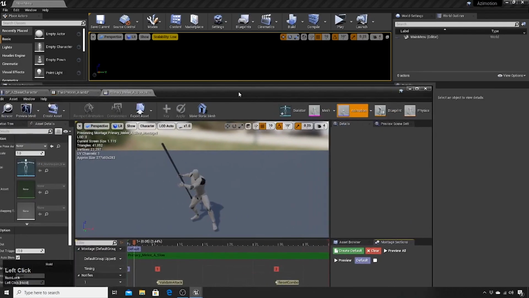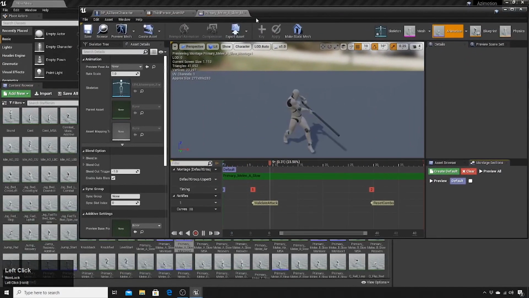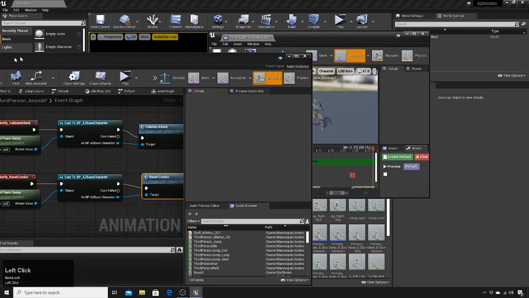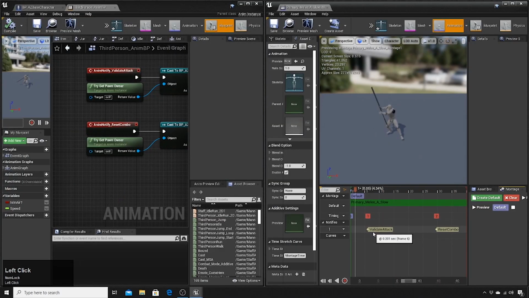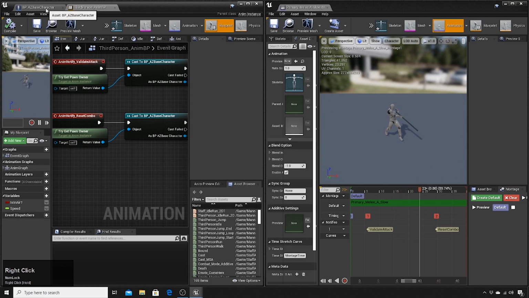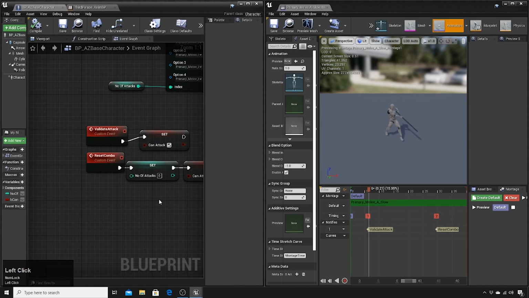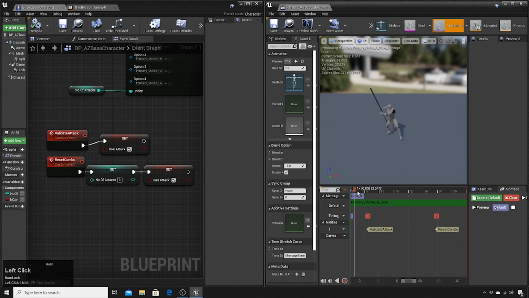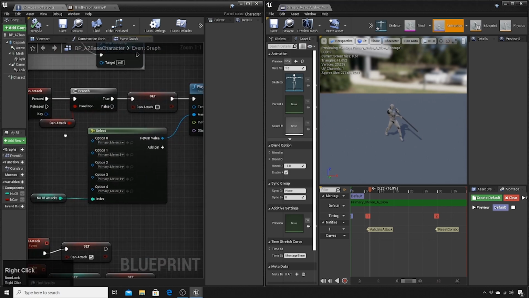So here we have validate attack. When the validate attack event happens in the middle of the animation here, this will trigger and it will enable the can attack,